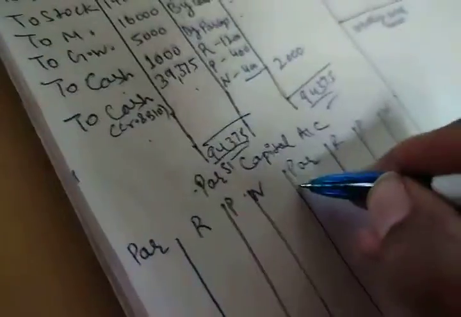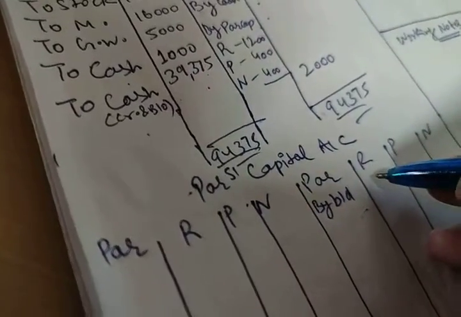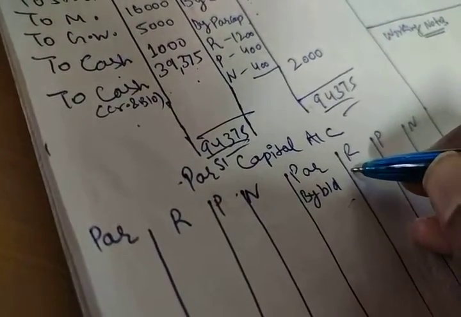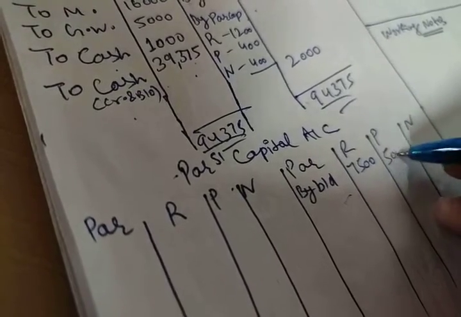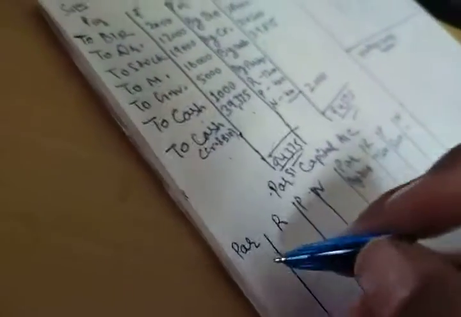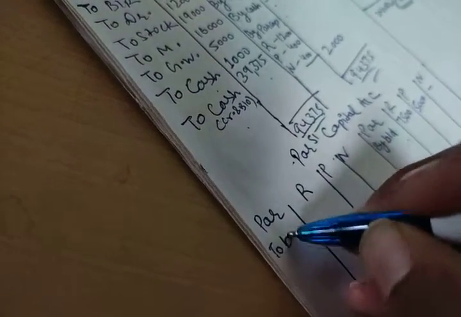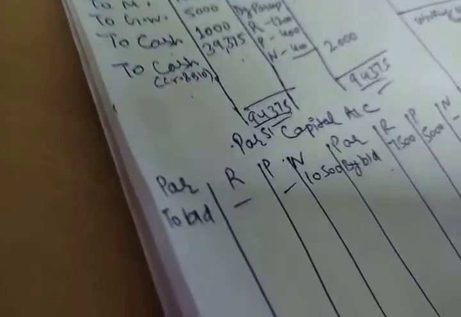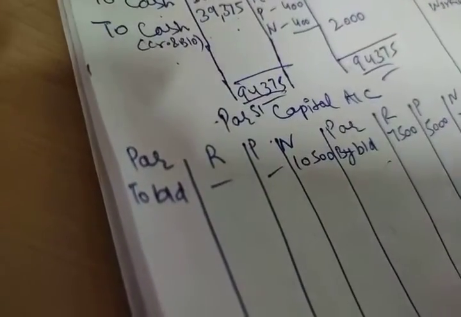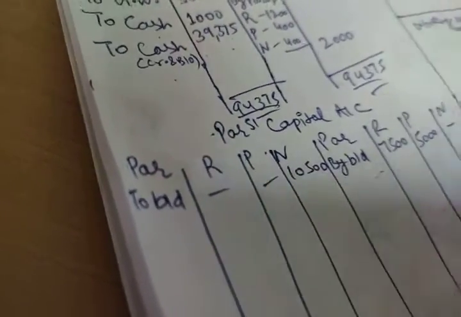But before that, from the balance sheet, balance brought down, their capital values. Their capital values from the balance sheet were 7,500 and 5,000. For N we had the overdrawn, so we will have the entry on the debit side. Balance brought down 10,500. Fine. In the balance sheet, there are no reserves or profit and loss, so nothing to enter.